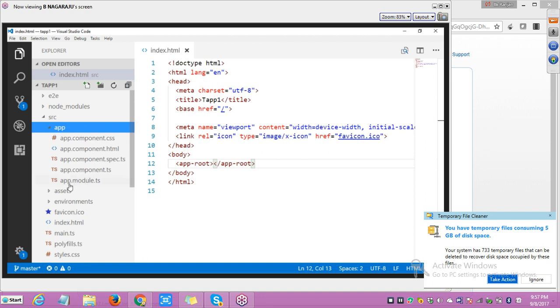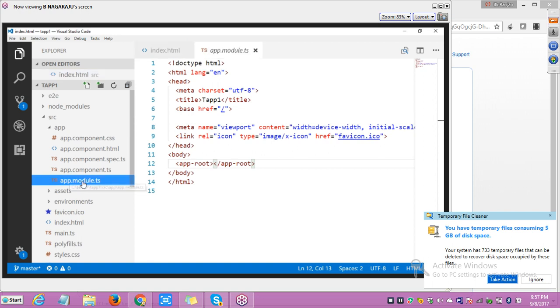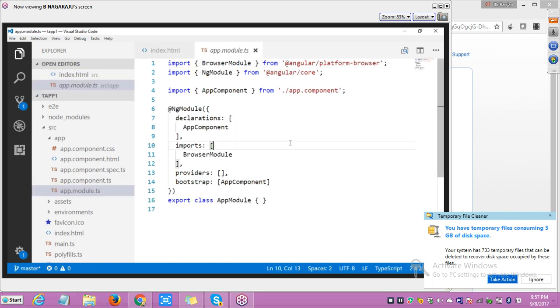See here, two points I told you. One is bootstrapping and the second one is module. Both I am going to tell you now, and repeat the same in the next class. App.module.ts is one module which is created in an Angular project, because in Angular you cannot write any code without a module. Compulsory you have to create a module. And how do you create a module? Import BrowserModule from @angular/platform-browser. Next, import NgModule from